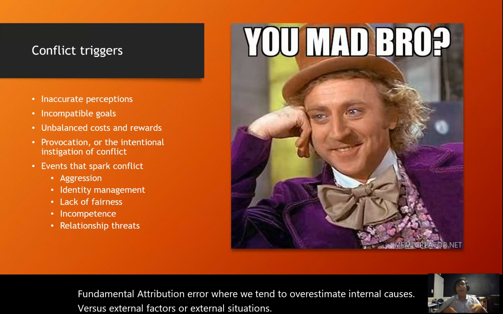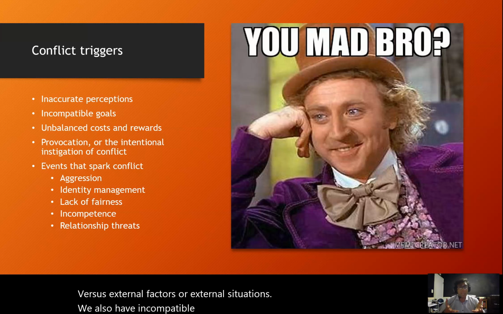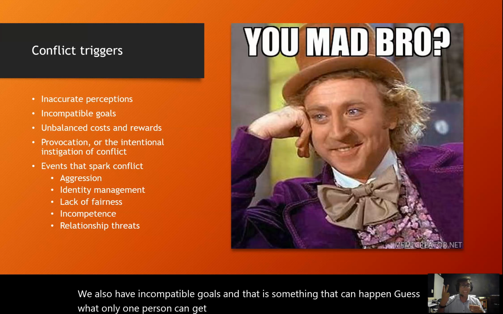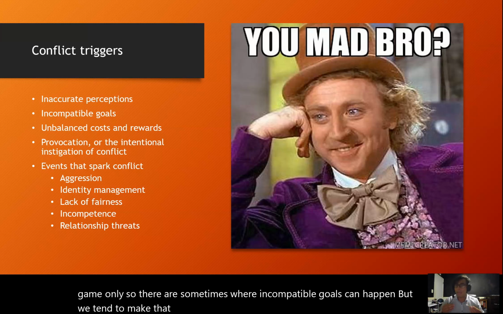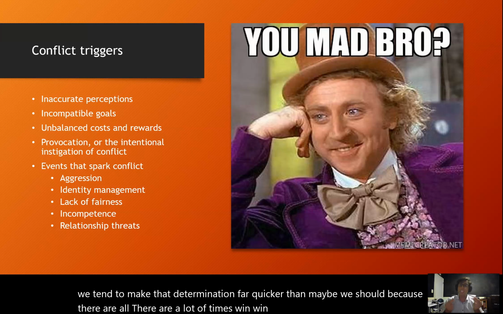We also have incompatible goals, and that is something that can happen. Guess what? Only one person can get the job. Only one person can win the football game. So there are some times where incompatible goals can happen, but we tend to make that determination far quicker than maybe we should, because there are a lot of times win-win scenarios that both of us can get exactly what